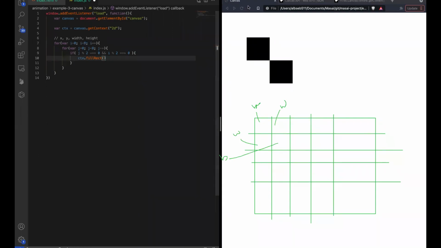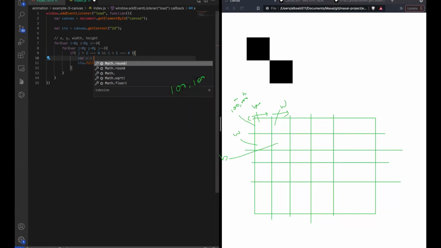So one thing that you need to understand is how do you give the positions. Now let's assume the grid size for everything is 100, right? 100 by 100 is the width and height. Okay. Now what you'll need is the starting positions for each of them. Now let's assume that we offset everything by 100, right? So it's 100 by 100 plus the position that we need. So we can probably just write var x equals to,